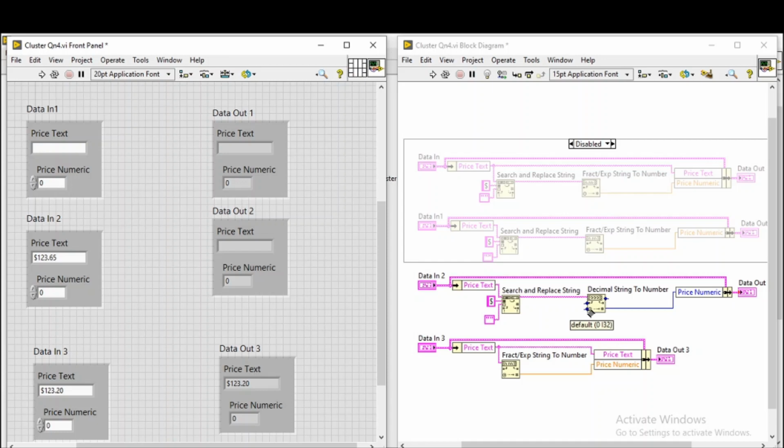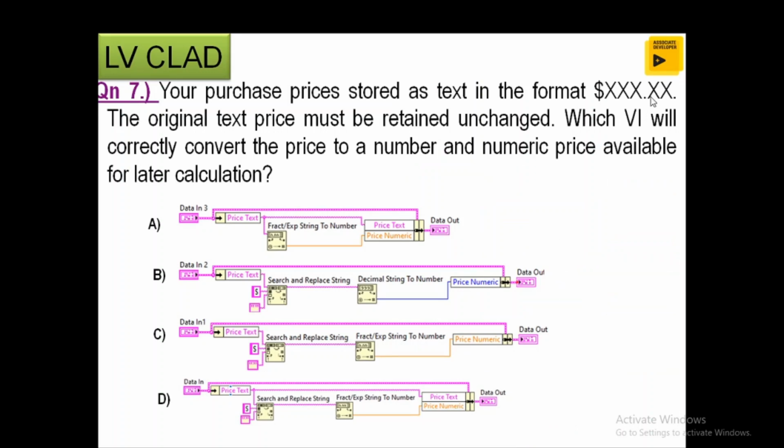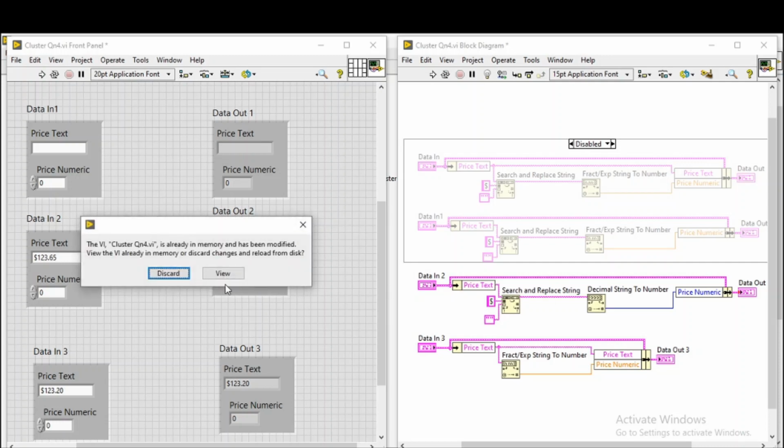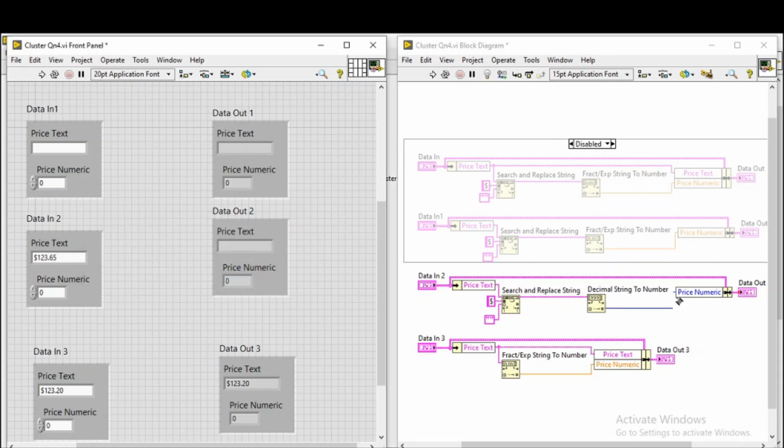You can see here the default data type is decimal, with only I32 integer values connected here. But I want the format mentioned in the question, a fractional one. So it is connected with the integer one. What will happen, you just see: the values are present in the price text, both are coming, and the price numeric also comes, but only as a rounded value. So this option also is wrong.